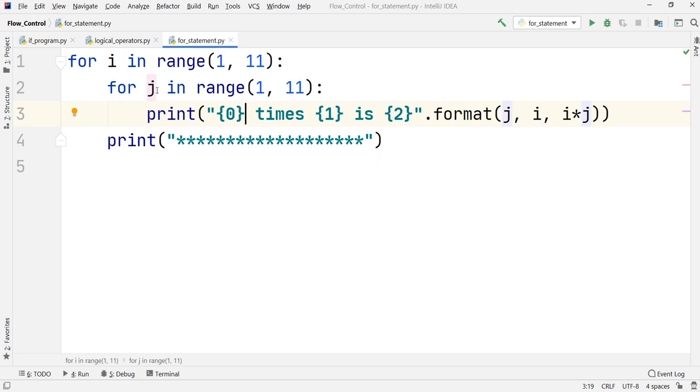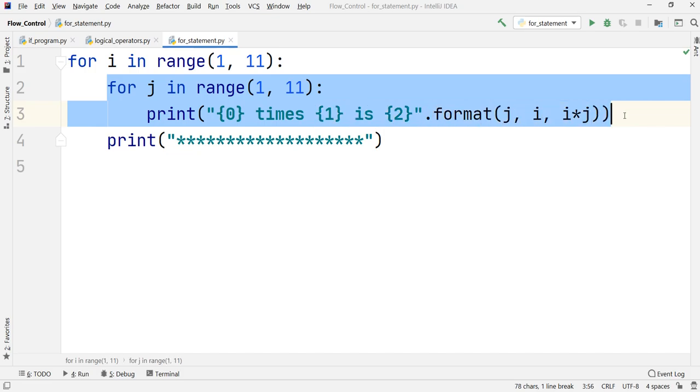Likewise it will iterate in the range for this particular for loop until the value of j is 10. As soon as j reaches 10 and this is executed, it will go back to the outer for loop and the i value will be 2. With 2 it will again come inside, and for i equal to 2, this loop will be executed for 1 to 10. The thing to remember is that for each value of the outer loop, the complete inner loop will execute for all its values.